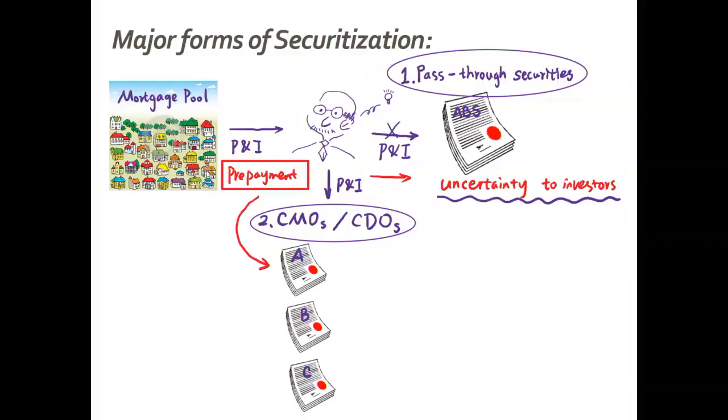Let's create 3 different tranches. Class A, B, C, or tranche A, B, C. Every time, the ordinary monthly payments will be equally distributed across class A, B, C bondholders. On top of that, every time the smart guy receives prepayments, he will only pass prepayments to class A bondholders. So that means class B and C bondholders can rest assured that they are not affected by prepayments. They don't receive any extra payments, only constant payments, right?